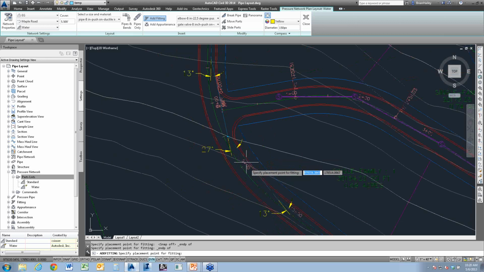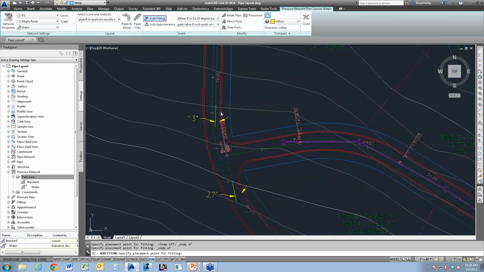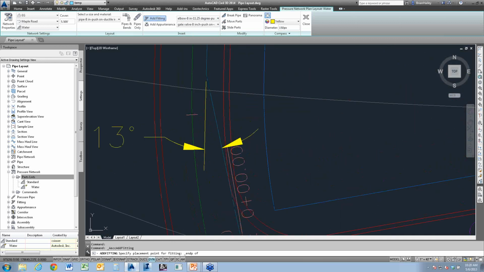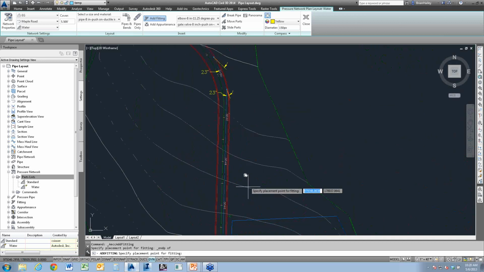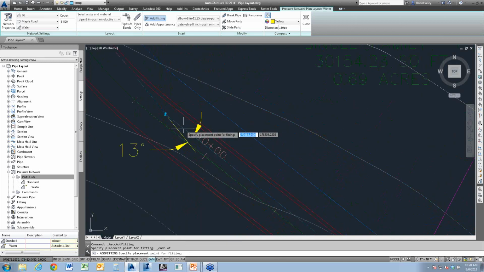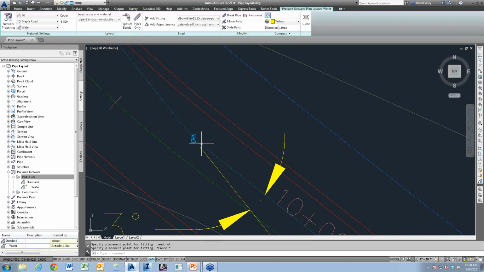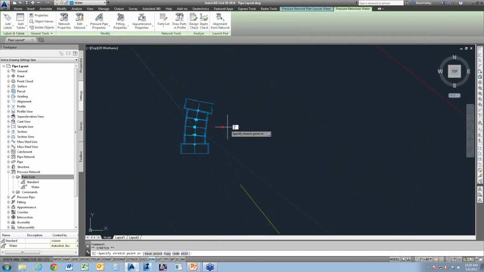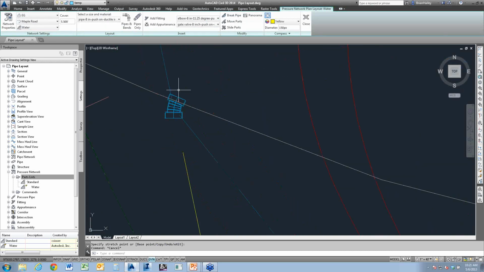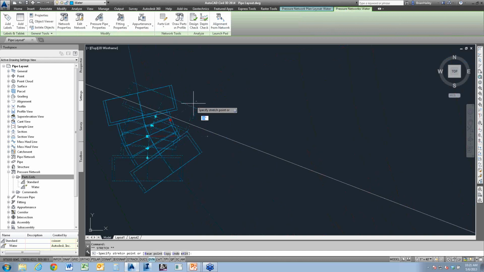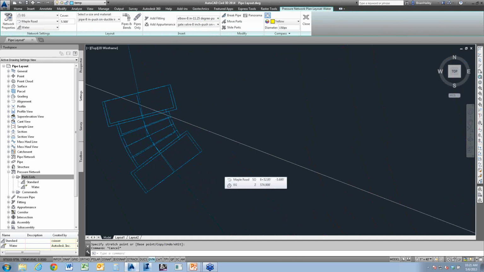And I just keep working my way around. So I go through and I put in all my 22.5-degree bends. I'll then come in and I'll put in my 11 1/4-degree bends. All right, so there's an 11 1/4-degree bend. Now the rotation isn't set yet. So I'll just come in here now, grab each one of those fittings, and rotate it so it matches along those polylines. Just using that little grip to rotate it. And again, I don't have to be real exact because, well, this isn't an exact 22.5 degree bend on this polyline, so I'm just getting it close.